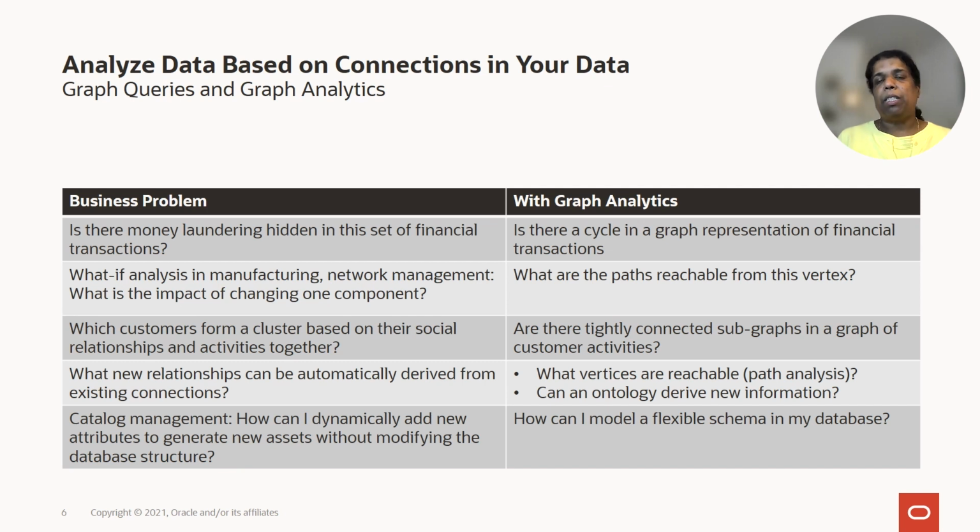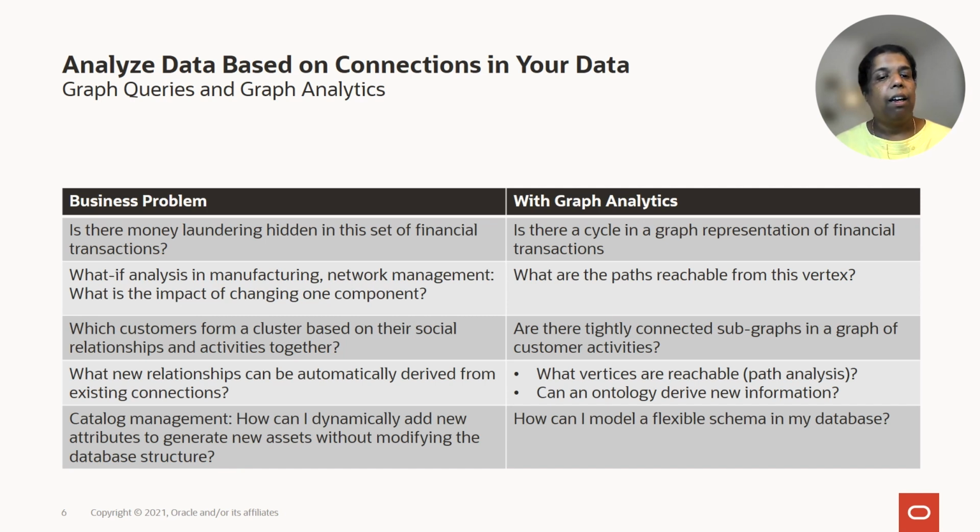So what are some of the business problems that can be addressed with the help of graph analytics? Money laundering is an example that frequently comes up when we talk to financial institutions. They're interested in knowing whether money is moving in unnatural patterns or moving in a cycle, because folks want to hide where the money is coming from and make it appear as though it's coming from a different source. So a cycle is a classic way to detect such money movement, and graphs are really good at detecting such cycles.